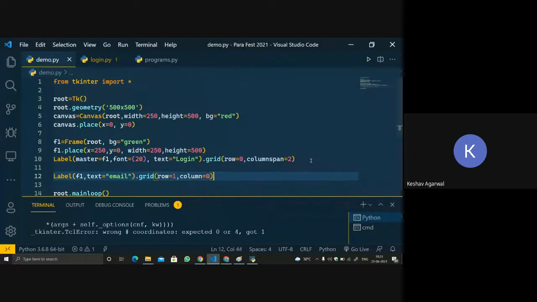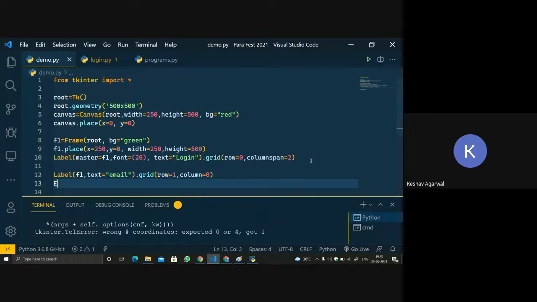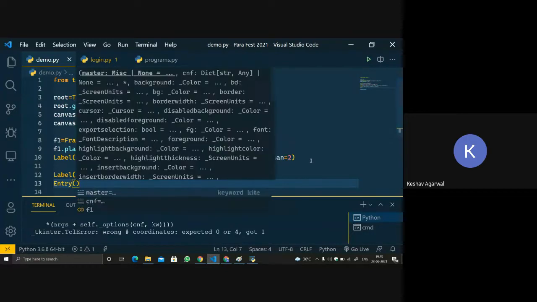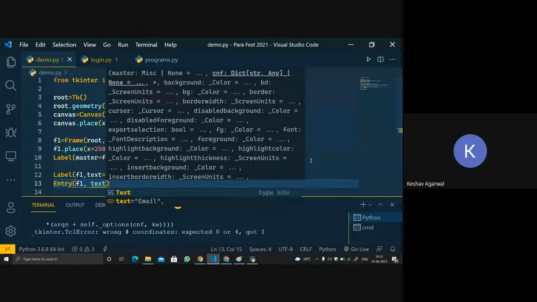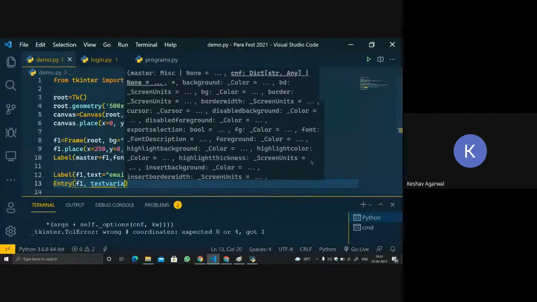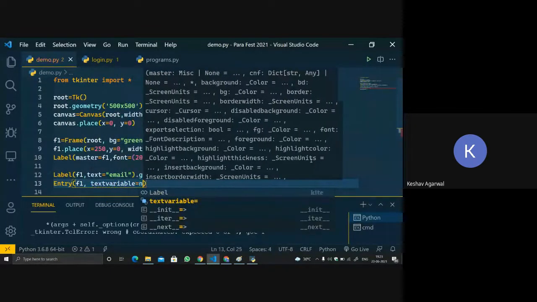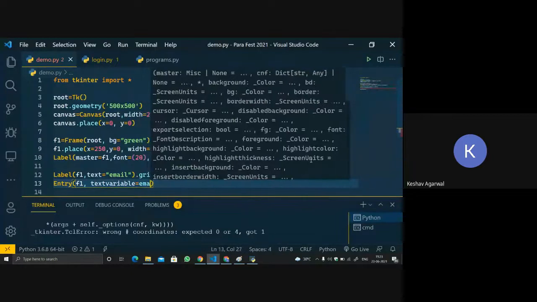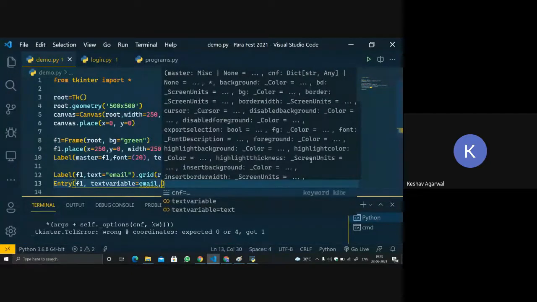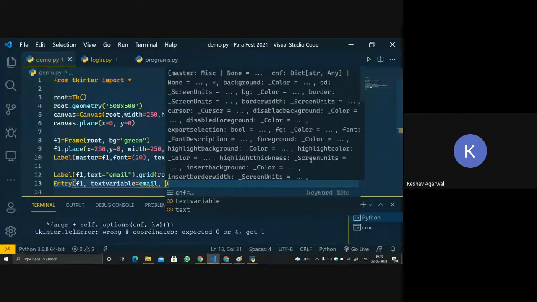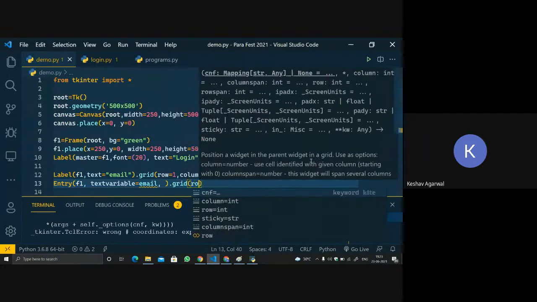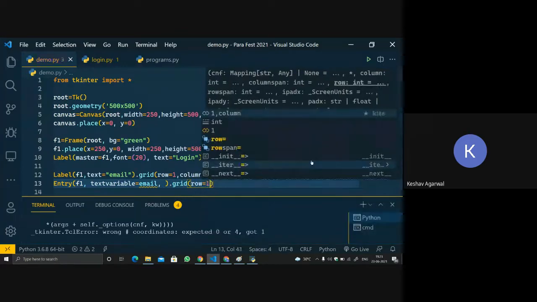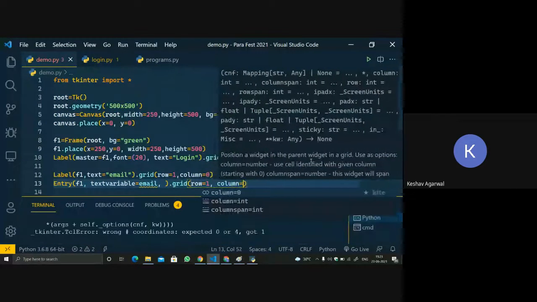And then an entry. The entry will also be inside this, and the text variable is equal to, let's say, email. I'll be giving that later. Then dot grid, row is equal to 1, comma column is equal to 1.